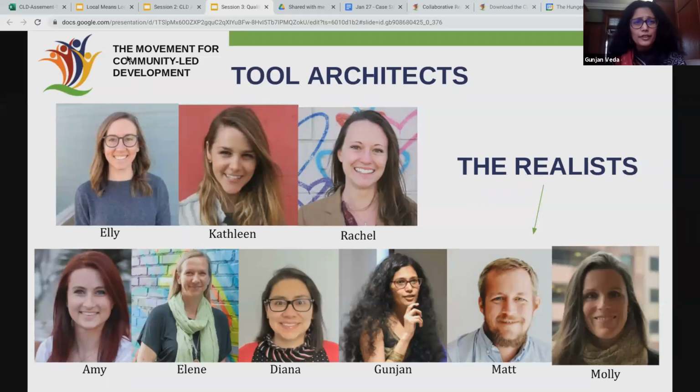So Matt, tell us a little bit about this tool that you have here. What is its purpose and what was the process of creating this tool? Thanks. And again, thanks to everybody on the team, both in the first and second iterations. It's definitely been a collaborative process. Really a community-focused process as a community of evaluators. So the whole process of the tool was to not just focus on the CLD aspect of a project, but also focus on the quality of the evaluation of a project. And so I know that Jennifer is going to be walking you through the different aspects of the tool itself, but